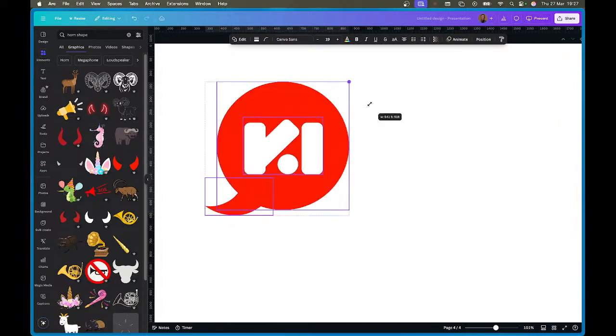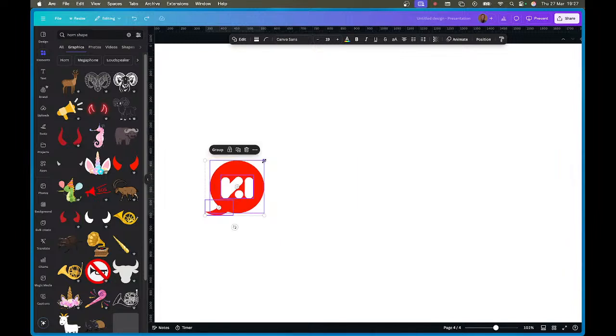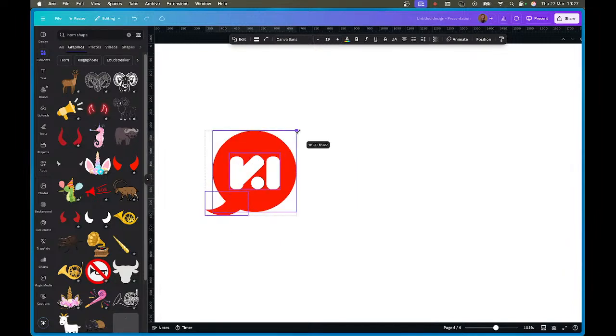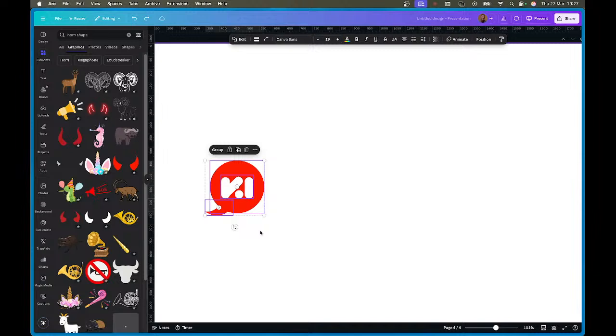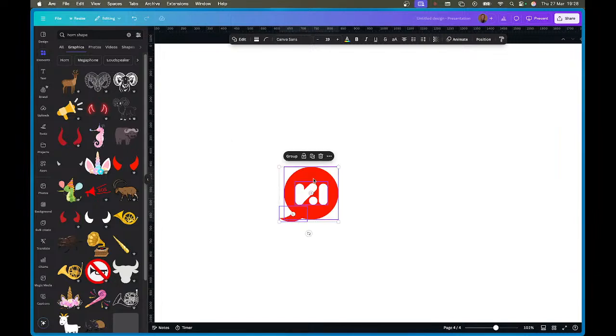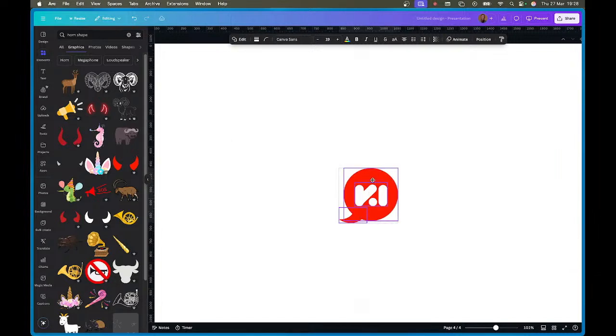Now, this is where the challenges come. When you begin to increase things that have rounded corners, you begin to lose the form. Watch how rounded they are here. Once I increase it, can you see? They begin to lose their form. So the best way around this is this. Select this at the level where you have done it. Don't tamper with it. Just kind of bring it to the center of your page, and then go to share,